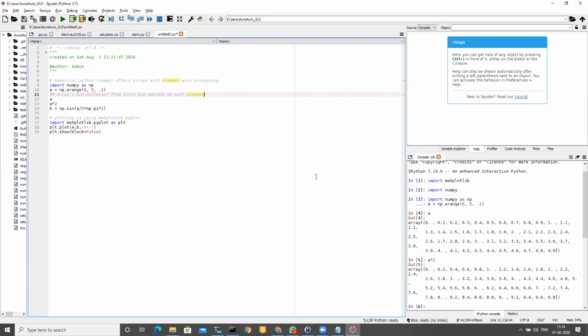So if you see here on the side, I had a, which is an array, and when I did 2 times a or a times 2, each element became twice. And I think most of you know this is not what will happen if I did it with a list. It will just make the list twice the length.